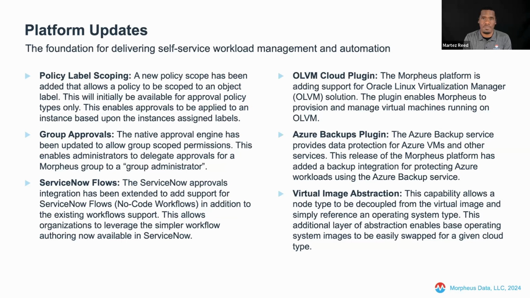within the Morpheus platform. What that would allow is the ability to define an approval policy, something like approve provision, approve reconfigure, approve deletion, and instead of assigning a scope to a group or a cloud or a user or a role, you could select a label with which to associate that approval policy. So this would provide a mechanism to say, for workloads that have this label, I want to have an approval policy required as it's deployed or reconfigured or deleted, to be able to assign that approval policy to those workloads. Once again, continuing to extend upon the use of labels within the Morpheus platform as a key piece of